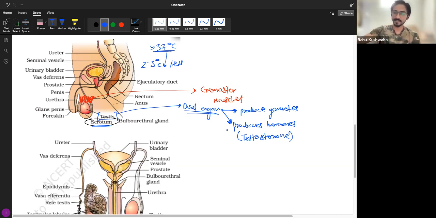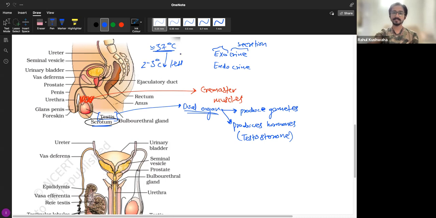Crine means secretion. I think Iram knows this, but for Rabia, I'm just repeating. Endocrine glands are ductless, whereas exocrine glands secrete through ducts. Perfect. So the word exo means outside. Crine means secretion, or to secrete. Okay. Exo means outside, endo means inside. Is that clear? Endodermis, endothelium, and exo is outside.